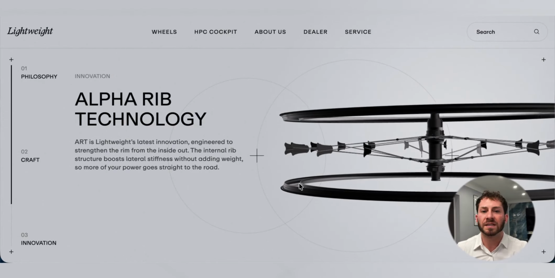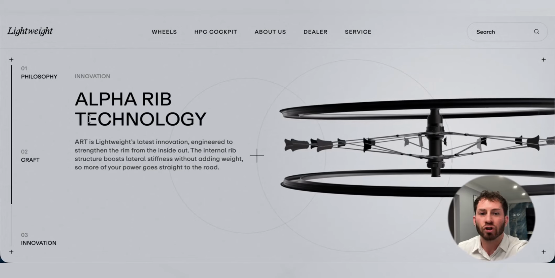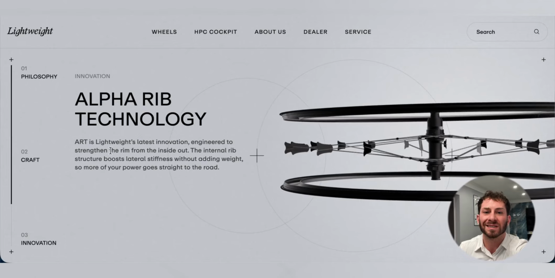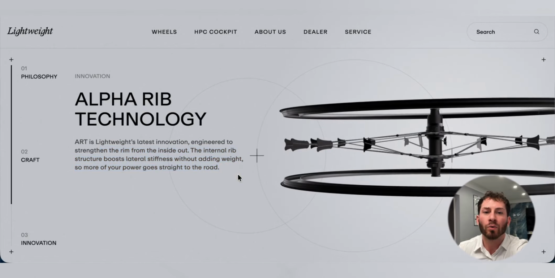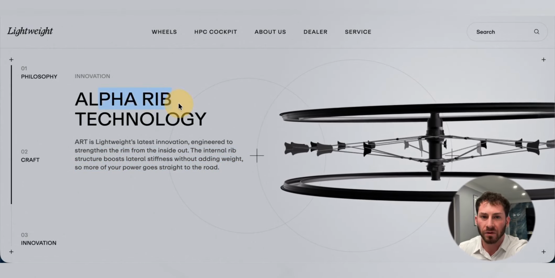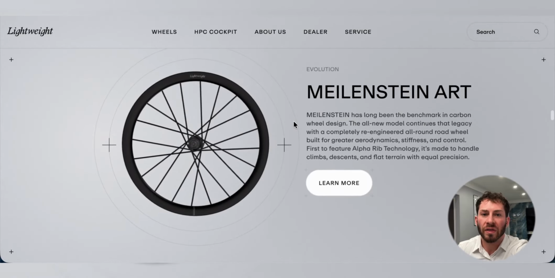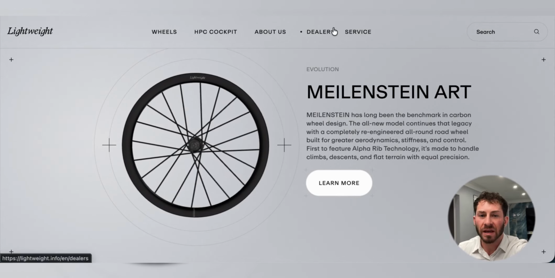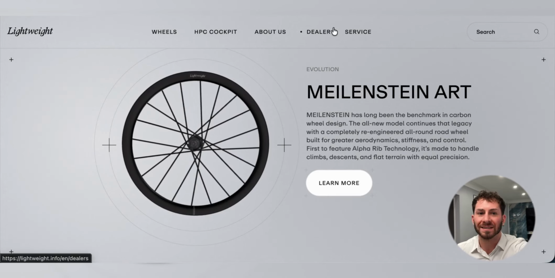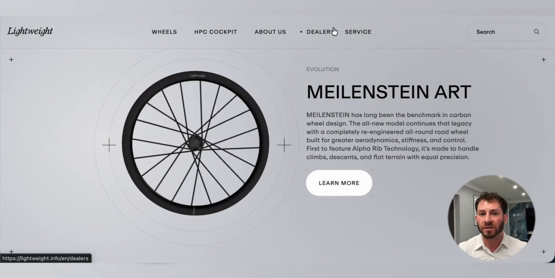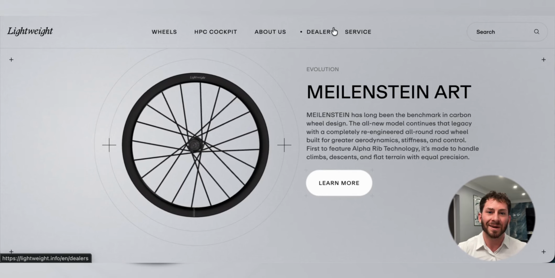Keep scrolling until you get to the section called innovation. The headline here introduces the alpha rib technology. The paragraph explains that the internal rib structure strengthens the rim without adding weight. The layout remains consistent again. Clear typography, a few lines of text, and the wheel that guides you as you go down the page. The image of the wheel on the side anchors the content visually. Notice how the image doesn't distract you, but rather complements the text. Adding high quality images is simple when you know what kind of visuals to look for. In this course, we'll use AI not only to design layouts, but also to source and customize images that fit